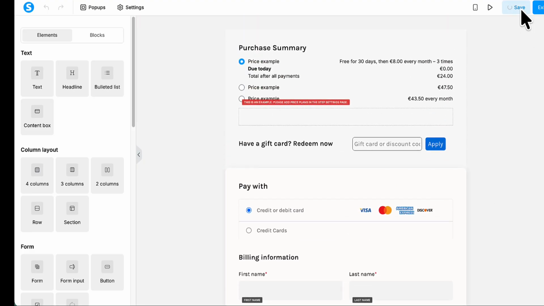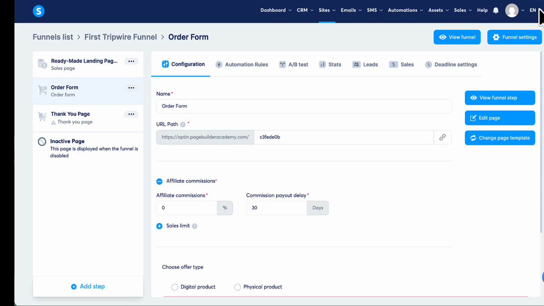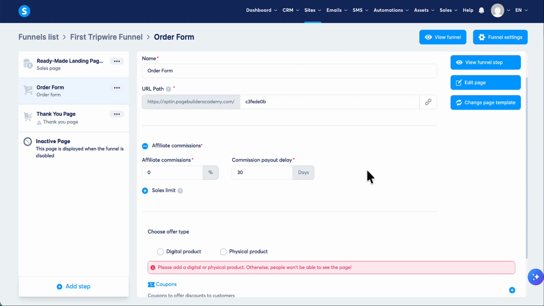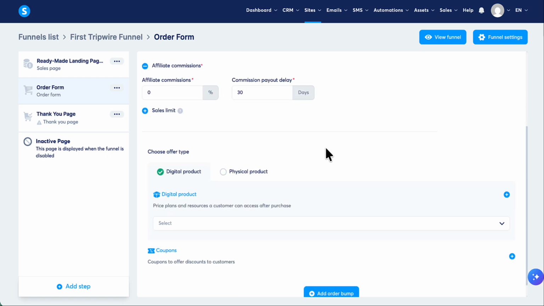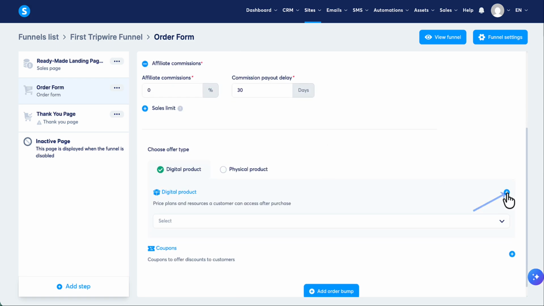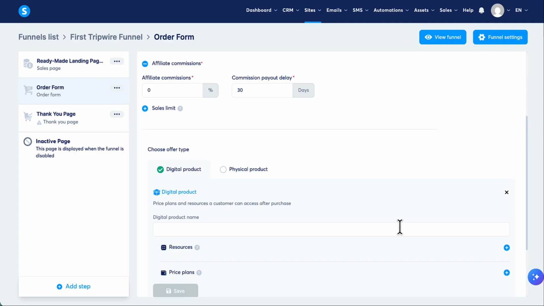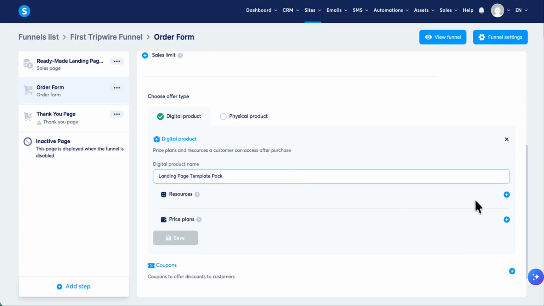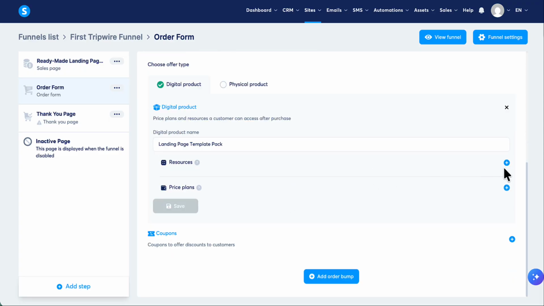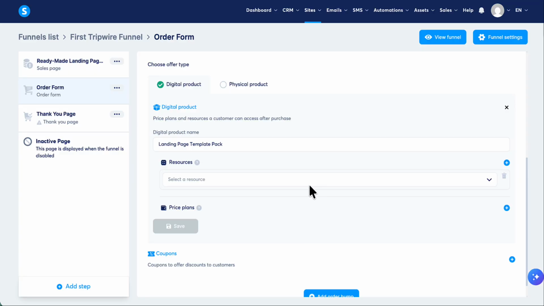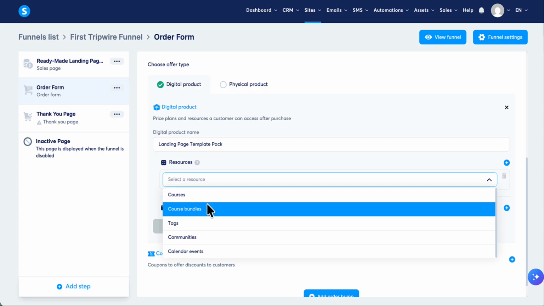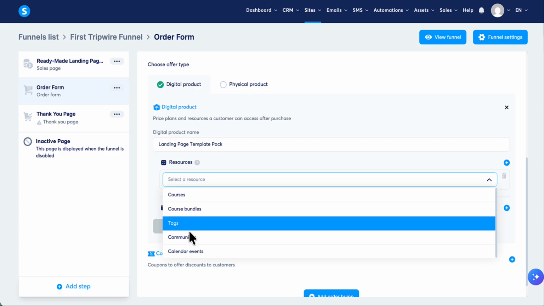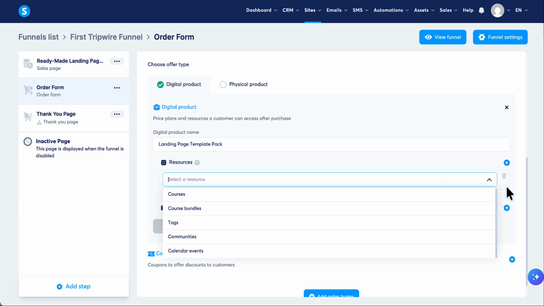Now I'm just going to click on save, and for the time being I'm just going to exit out of this page here, and if we scroll down you can see a few options there. So I want to select digital product, and then we want to click on the plus option there to create our digital product and put a name for our product. Here I'm just going to put in landing page template pack, and now we can either select a resource by clicking the blue plus button there, and you can add them to a course, so we've got a course or course bundle, add a tag or community or calendar events, but I'm not going to do that, so I'm just going to